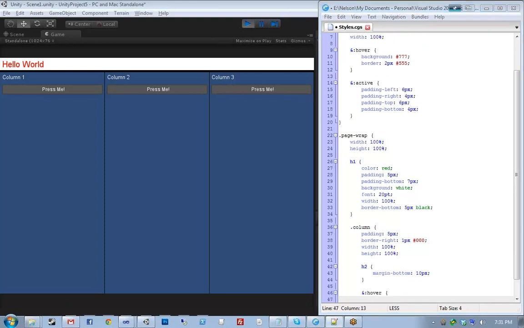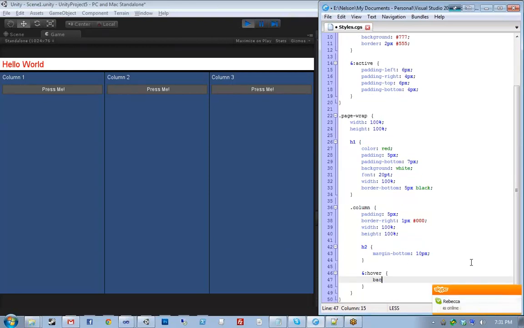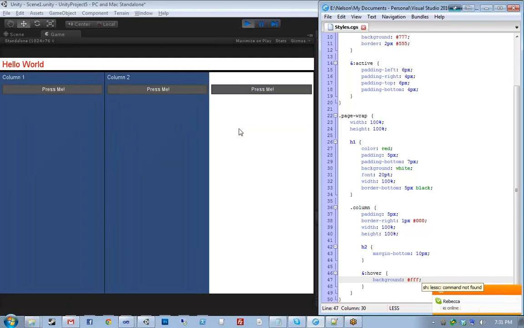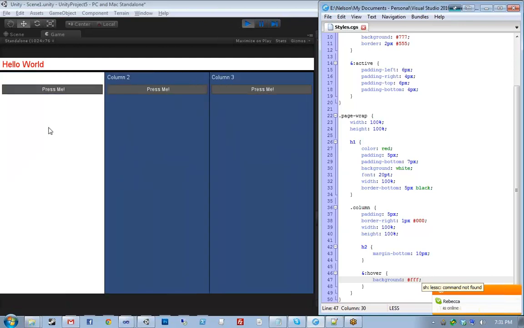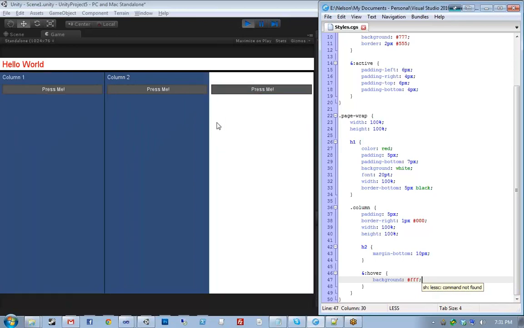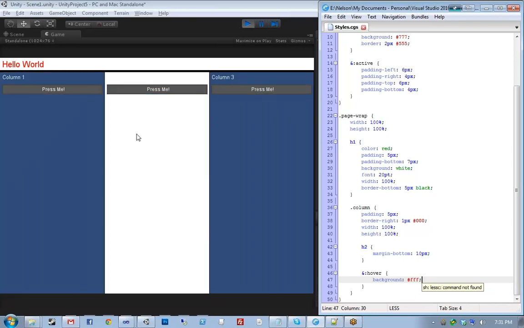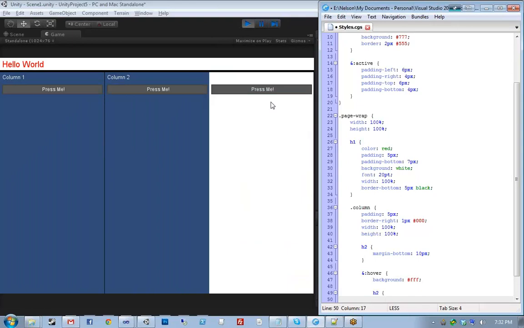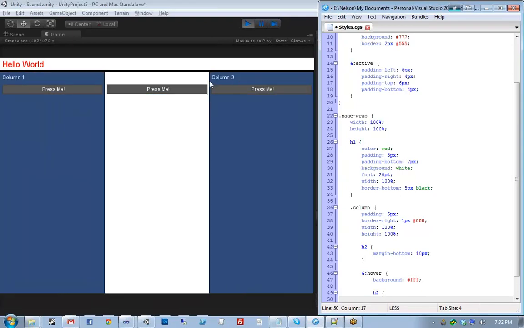And I can go ahead and give it whatever I want. In this case, I'm going to give it a background of white. So now you see as I hover over this, the background of the column turns white. Of course, if you did have a white texture, you could do this in Unity, but what you couldn't do is this. Now you notice that when I hover over, these column headers disappear because they're now the same color